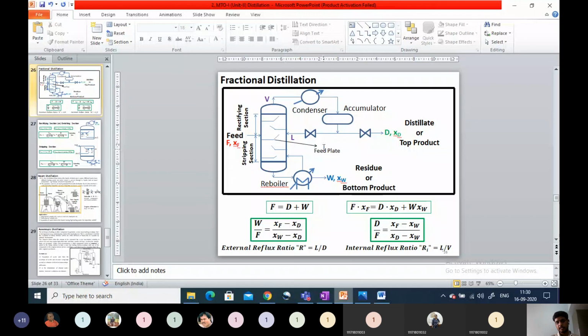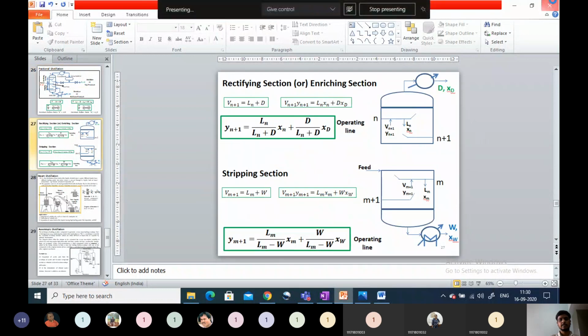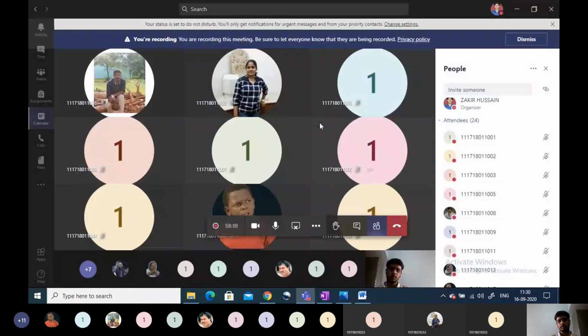In unit 2, you will only do the material balance around this column, and in unit 3 we will see how to design this fractional distillation column. So please try to solve the problems on your own. I am saying this in the digital graph paper. How accurate it is, I don't know. When you solve on your own using physical graph paper, you can know how difficult it is to solve on a physical paper. Just concentrate on it, try to draw it.